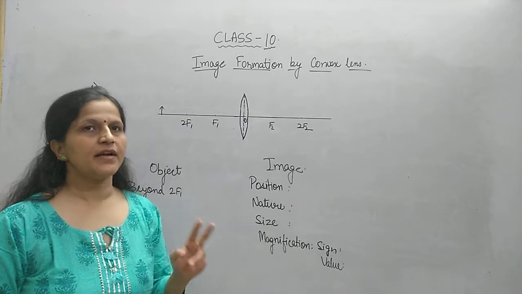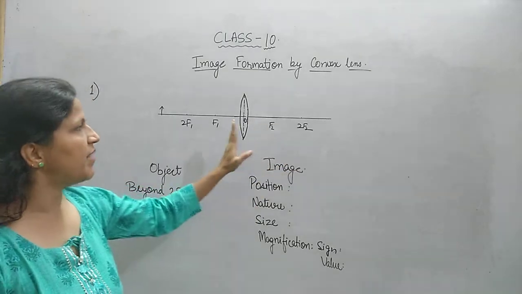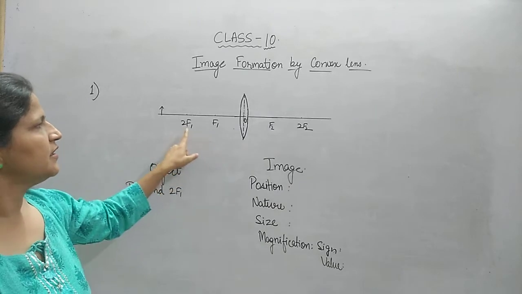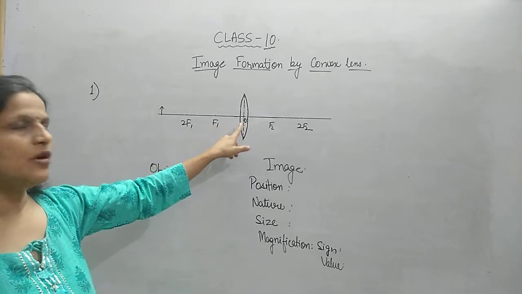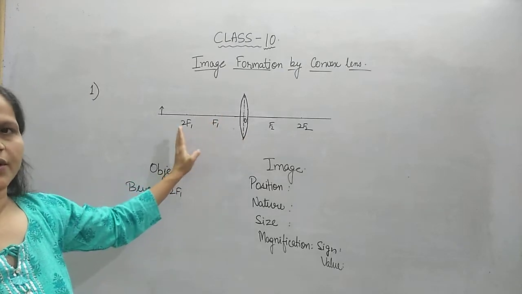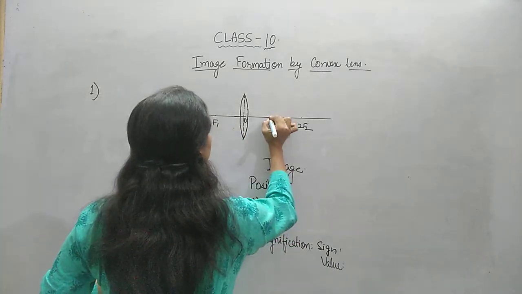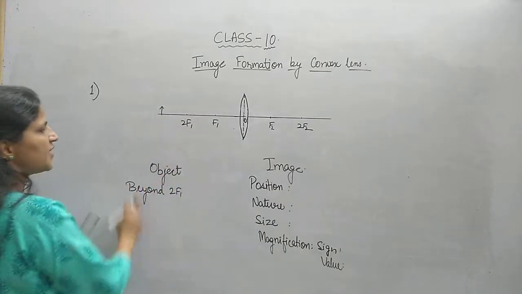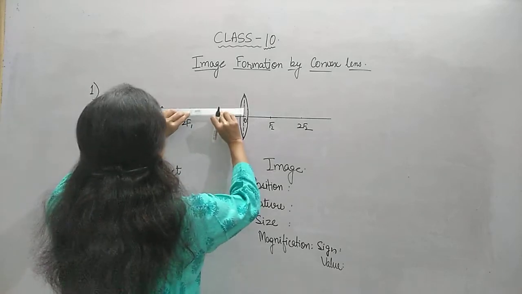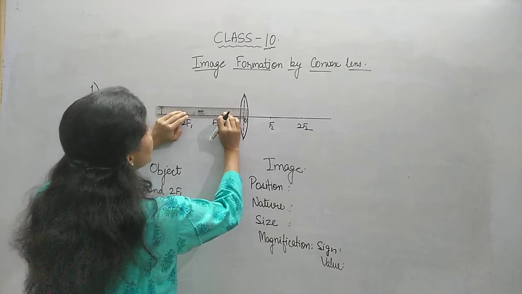To draw the ray diagram, I am repeating the steps once again. You have to first draw a long line and mark 5 equidistant points and label the points in the given order. The center midpoint will be O. This point is optical center. Towards the left there are 2 points F1 and 2F1. Towards the right also there are 2 points F2 and 2F2. Now if the object is beyond 2F1, we are bringing it close to the lens, then we can take the choice of any 2 rays. We had 3 rules done.